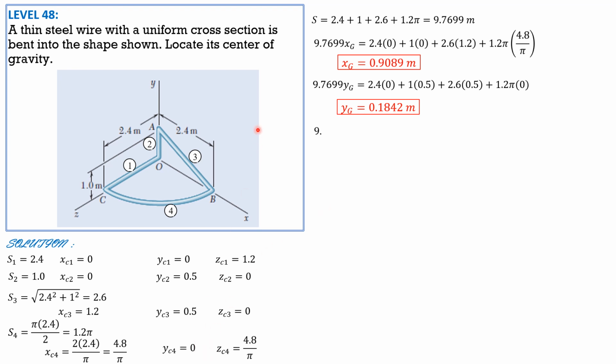Then 9.7699 z sub g is equal to 2.4 times 1.2 plus 1 times 0 plus 2.6 times 0 plus 1.2 pi times 4.8 over pi. So z sub g is equal to 0.8843 meter. So that's it for this